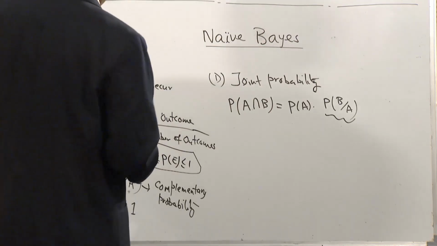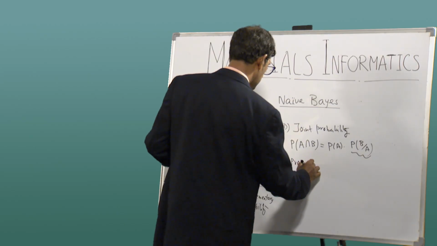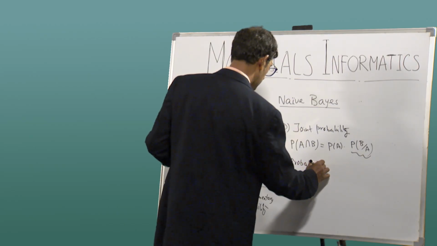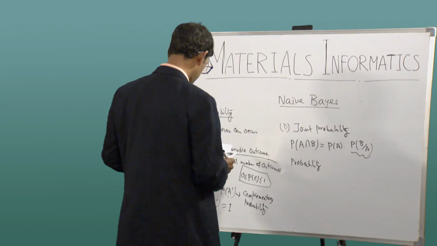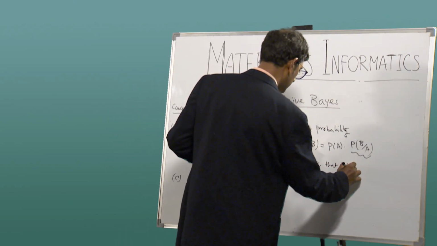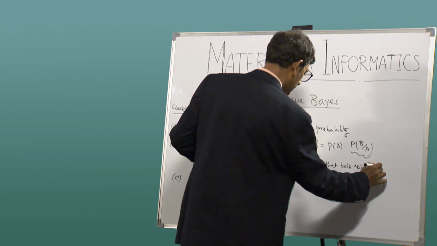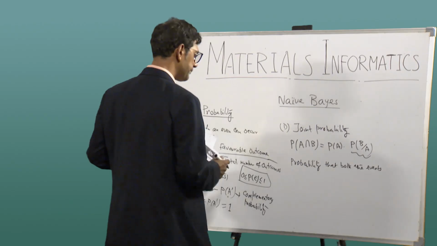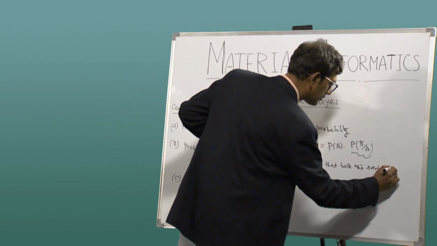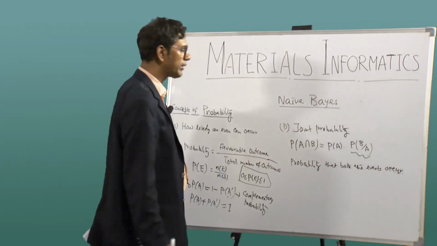So, this is the probability that both the events occur, that is what is called joint probability,